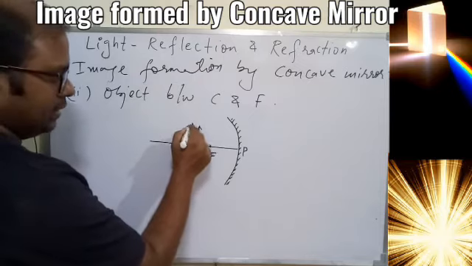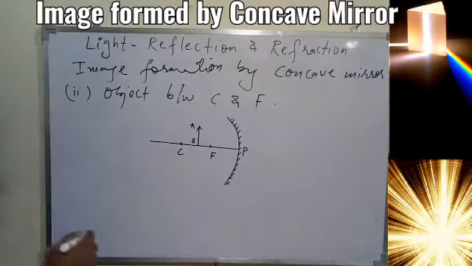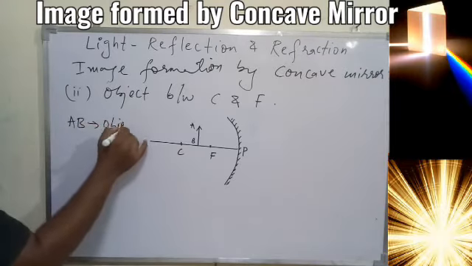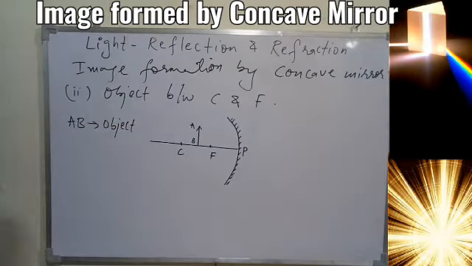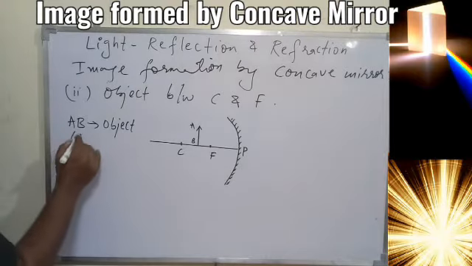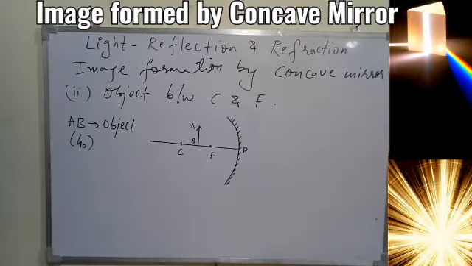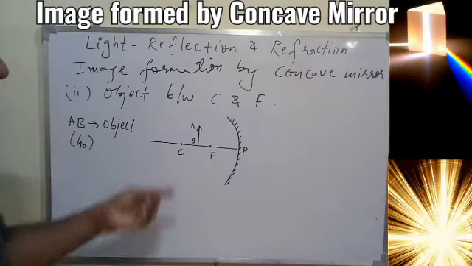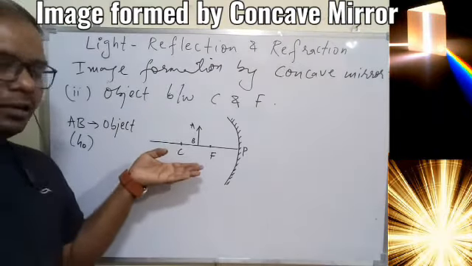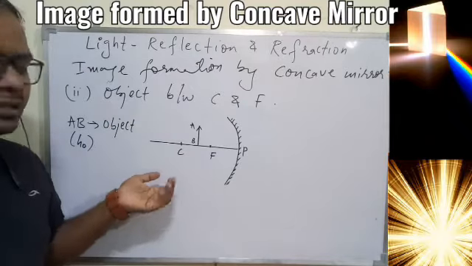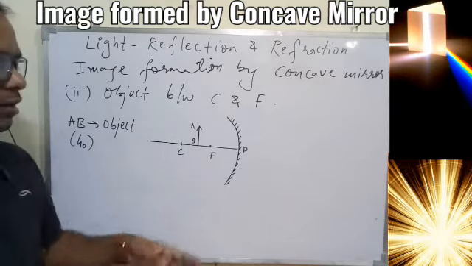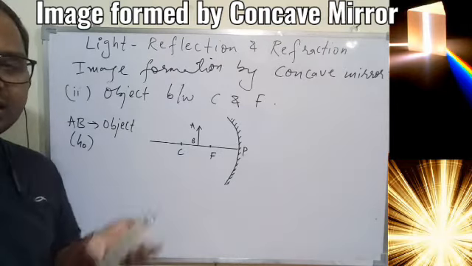So this is my A and B. Again AB is the object. It will have some height also, we can say height HO. So HO is the height of the object. Now let's apply the rules again. Again we'll do it for point A, not for B. B will always be on the principal axis, so we just need to connect the image of A to the principal axis vertically. Wherever it comes, that will be the entire image.